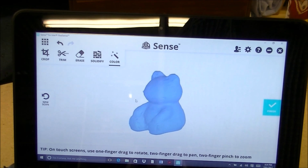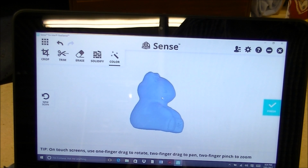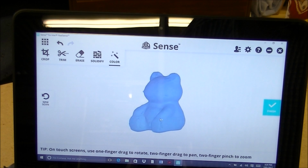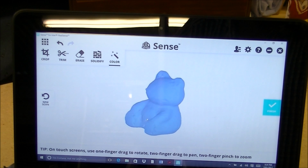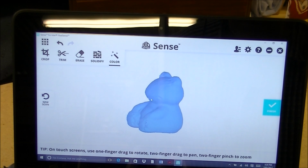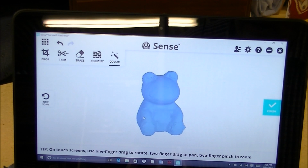We want it saved that. You'll see a lot of models saved as gold or green or some other colors. This particular program saves it as a blue model. Now you'll see it's got a couple of little lumpy areas, but basically the object is there, and we can put that into ArtCAM and just clean up these little areas like you have seen me do